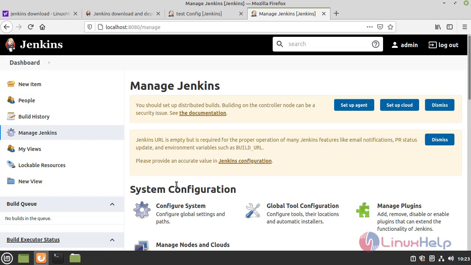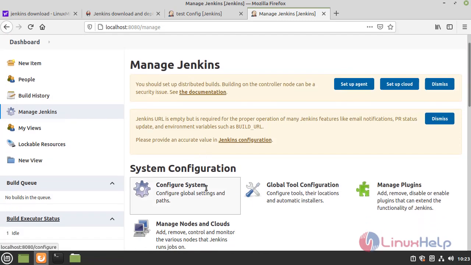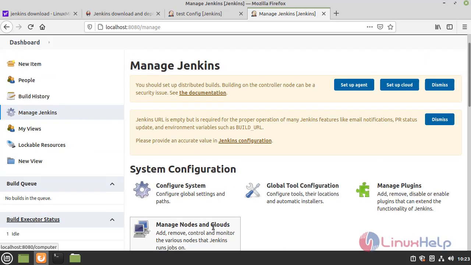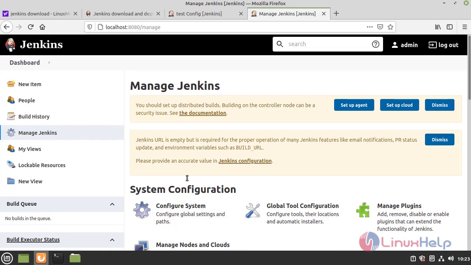This is the important part of Jenkins. Here you can configure the Jenkins system, global tool settings, manage plugins, configure global security, and more. Jenkins has plugins for everything. For example, if you need to integrate GitHub with Jenkins, there is a plugin. Why? Because GitHub is a third-party app.